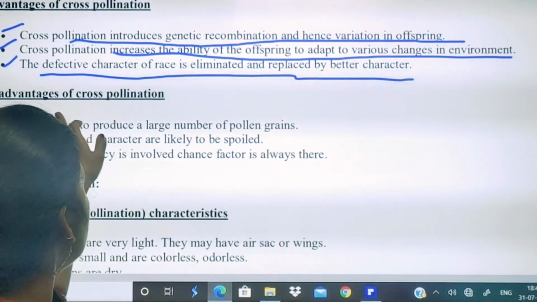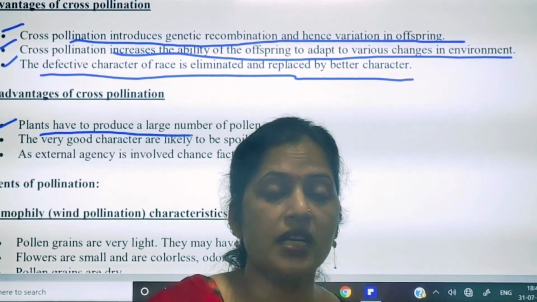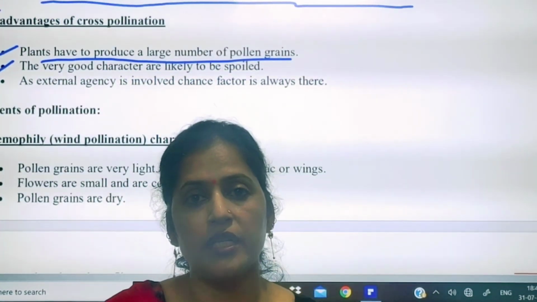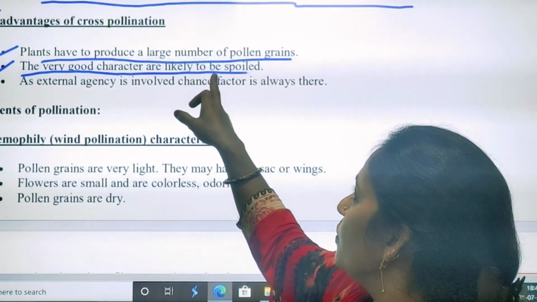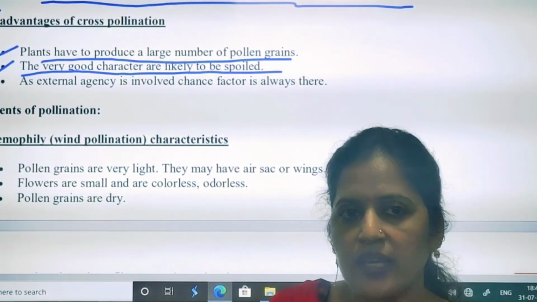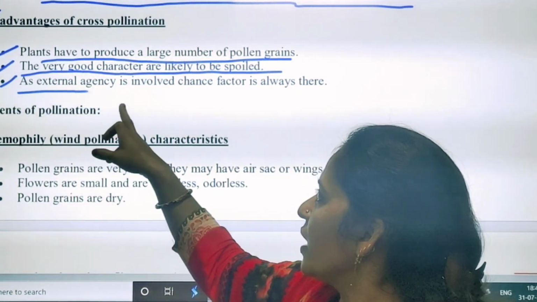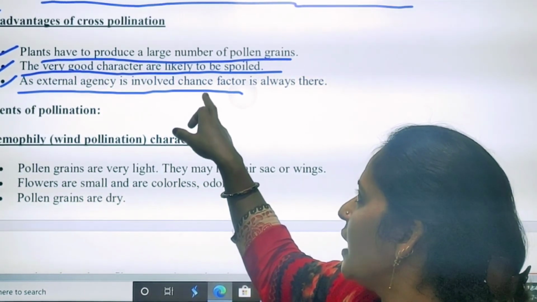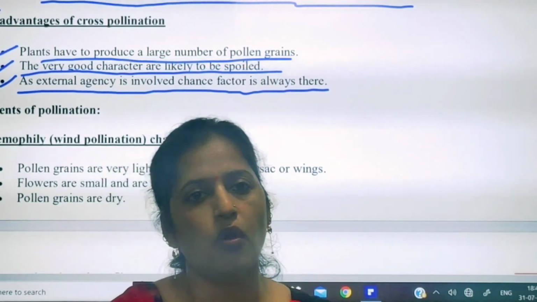Next are the disadvantages of cross pollination. Plants have to produce a large number of pollen grains. Plants के पास capability है, that means they produce a large number of the pollen grains. The very good character are likely to be spoiled. इसमें जो अच्छा character है, that is to be spoiled. As external agency is involved. इसमें external agency के involve होने की वजह से chance factor is always there. इस वजह से वहां पर chance factor जो होता है वो always